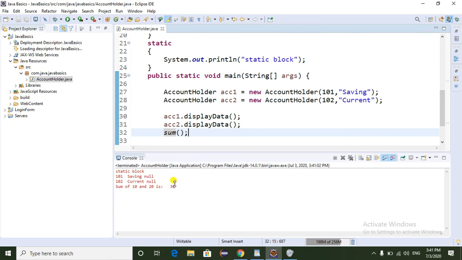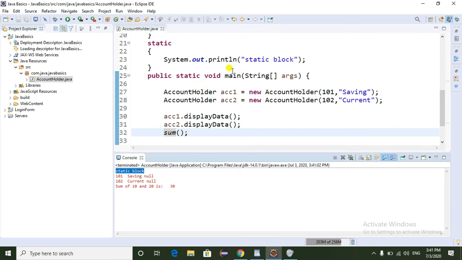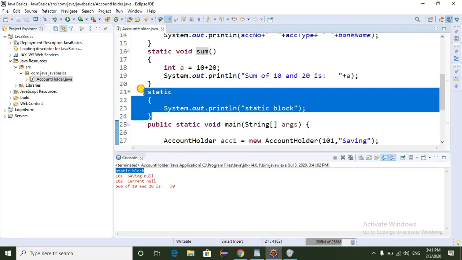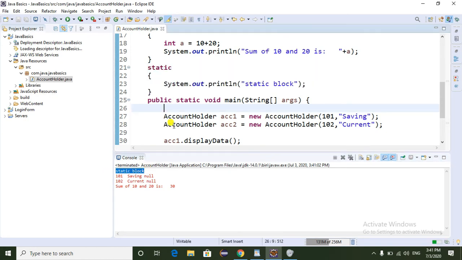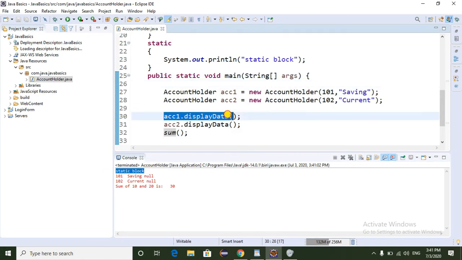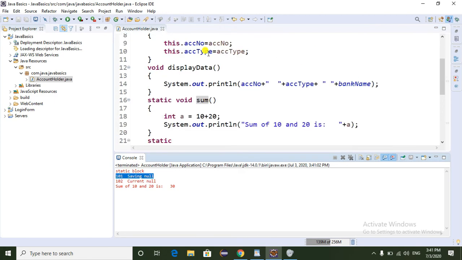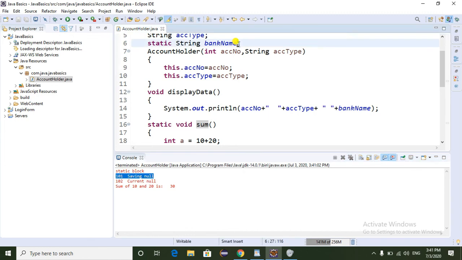So here we can see first static block is executing. As per the definition of static block, the static block is executing before the main method. So that's why static block is executing. Then here we are calling the displayData method. So here the bank name equals HDFC.